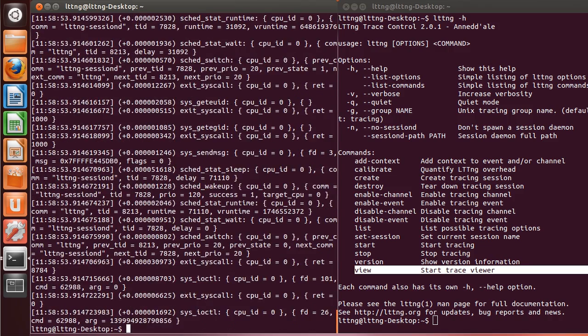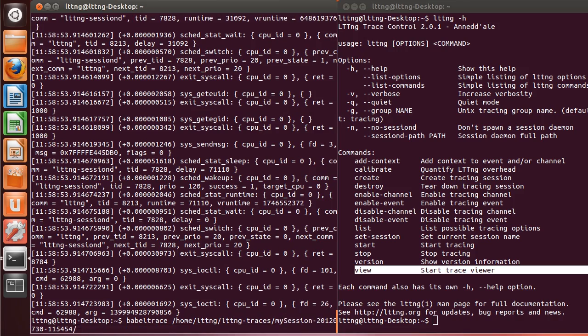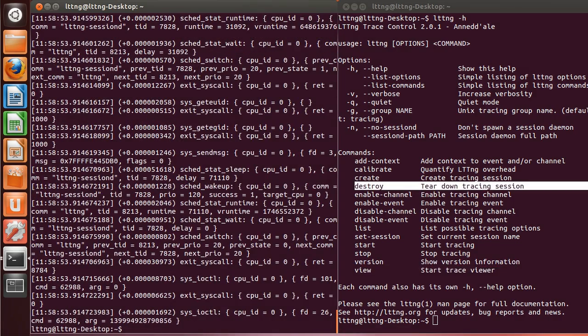Babeltrace can also be used for further processing of the trace log, but you will need to specify the trace path. After I finish tracing, I'll have to end my tracing session with the